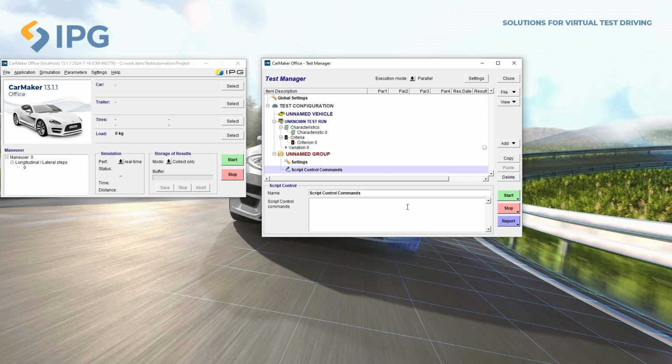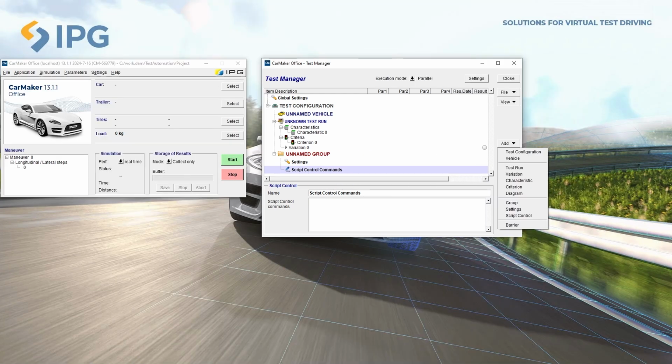And the last option in this tab is barrier. This is useful when you are performing parallel simulations. If you want to simulate 5 simulations as an example, in which the first 3 simulations are executed simultaneously, but then we want to wait till all 3 of them are completed and afterwards we start the fourth one.